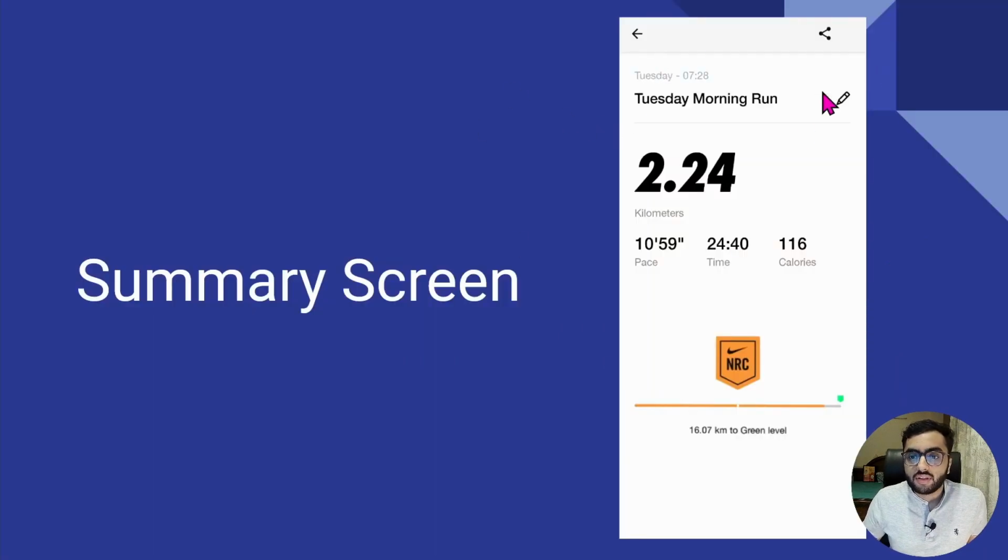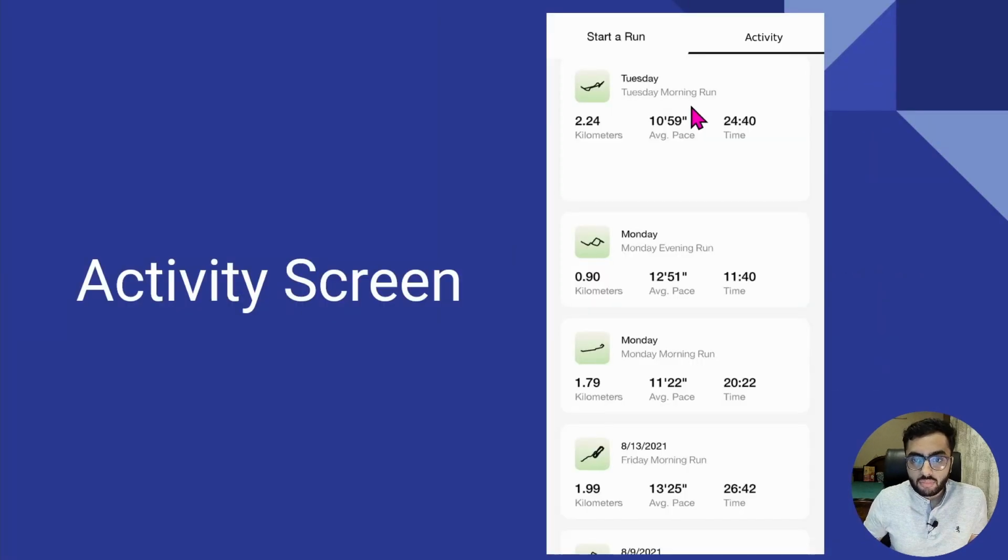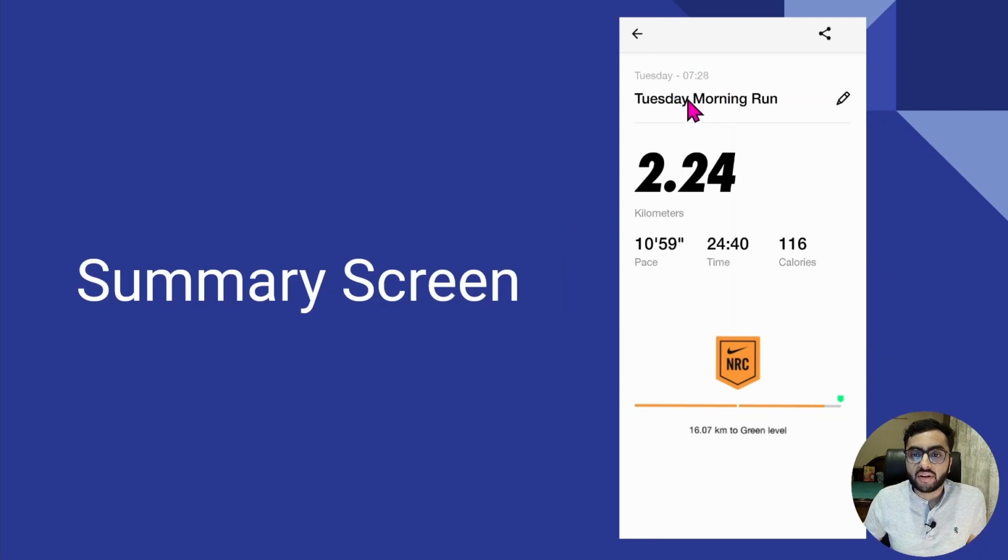So as you can see, we have a summary page over here with the back button. Obviously, we will have a summary written over here, a share button, a subheading showing the day and the time of the run, an editable subheading. Like if you remember in our activity screen, this was our heading and this was a subheading, but in summary screen, we can edit this subheading